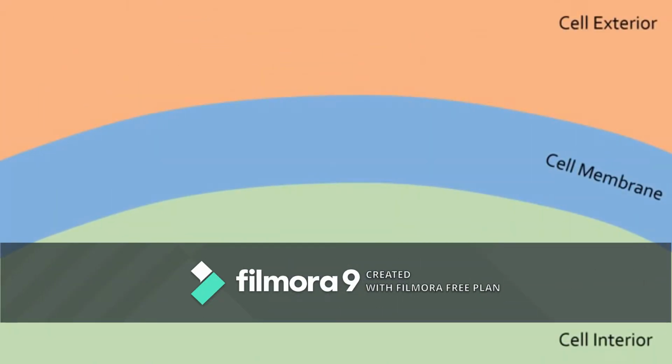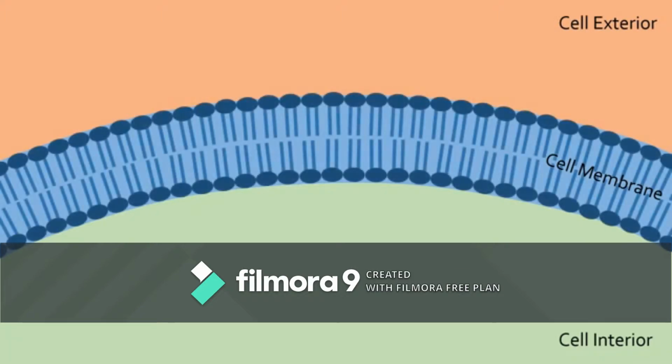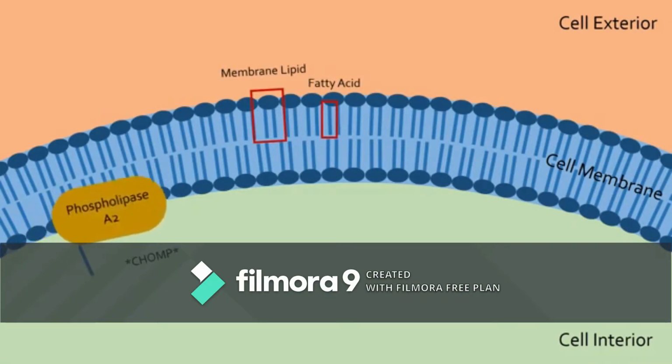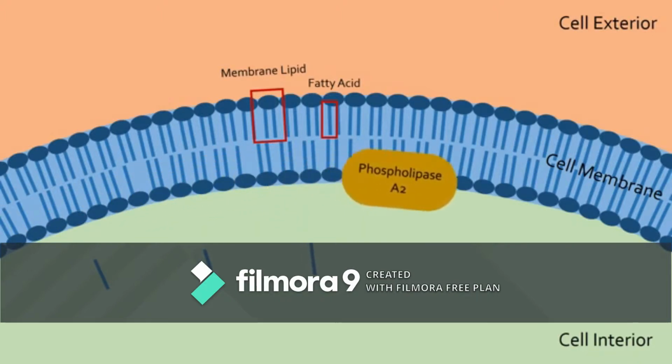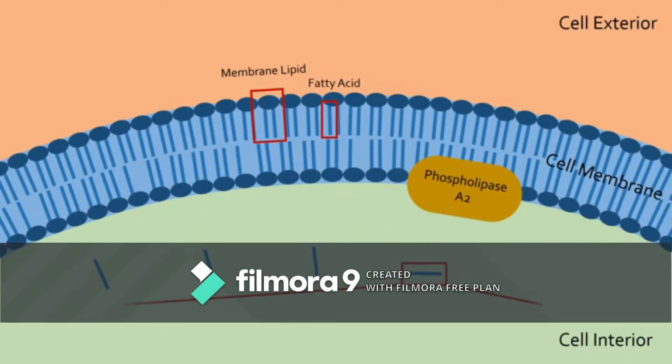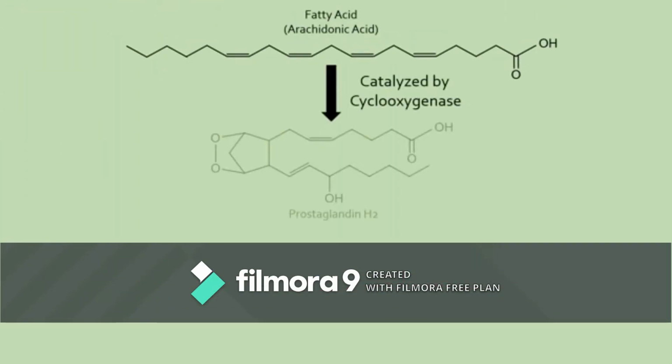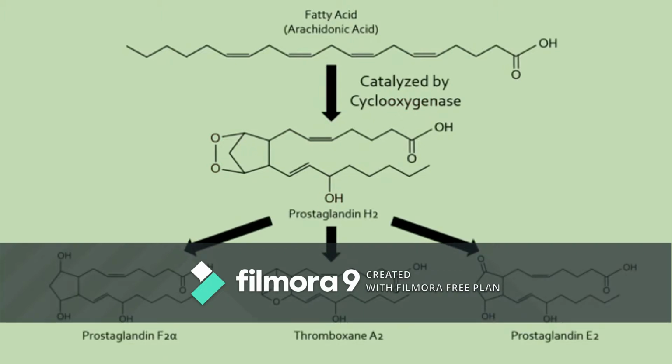Understanding this requires figuring out the synthesis pathway of prostaglandins, which was accomplished a few years after Vane's discovery. Prostaglandins are derived from fatty acids in the cell membrane. These fatty acids are cut off of membrane lipids by an enzyme known as phospholipase A2. Afterwards, an enzyme called cyclooxygenase, as its name implies, creates a ring in the fatty acid and adds some oxygens to form an intermediate prostaglandin, which is further modified into a variety of different prostaglandins with an incredible diversity of